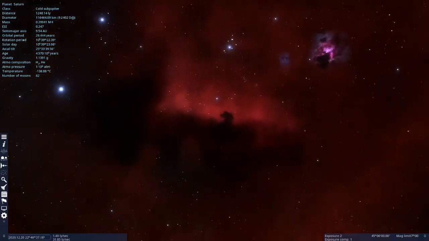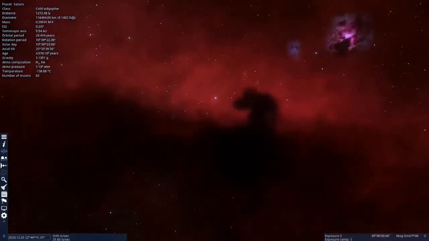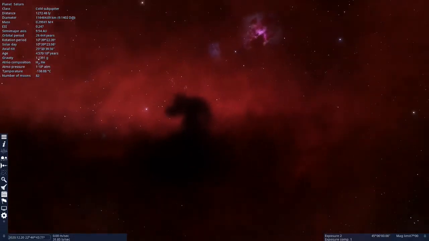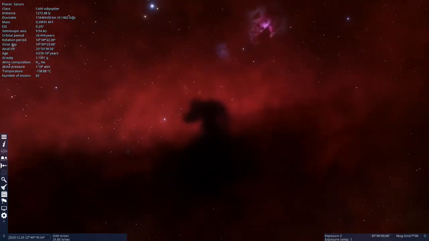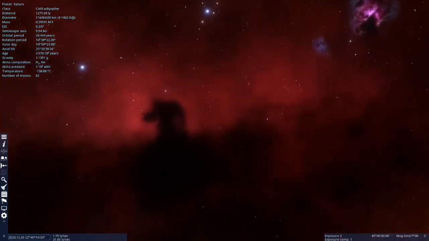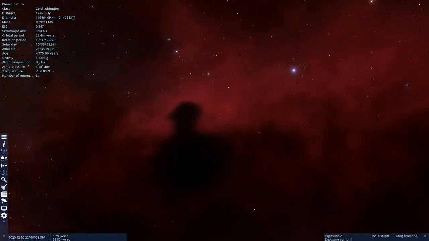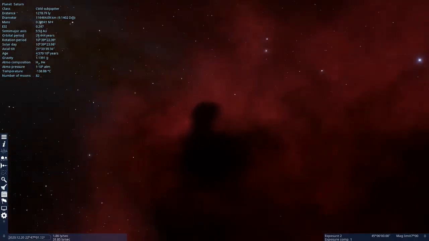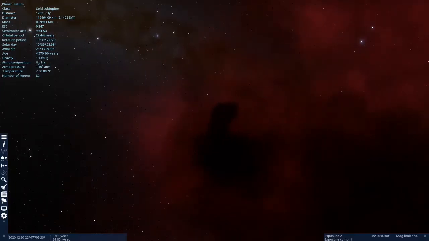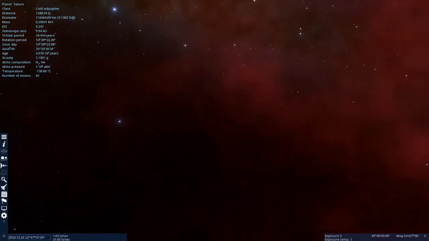So we'll cruise over here to the Horsehead Nebula. Take a quick look at that as it gets centered up on it here. And like I said, it's not a very good picture of the Horsehead, but it has the advantage of being 3-dimensional. So I can rotate around it and we can appreciate it as what it is, a kind of dark cloud of dust in front of a bright hydrogen nebula. So it's creating the silhouette.